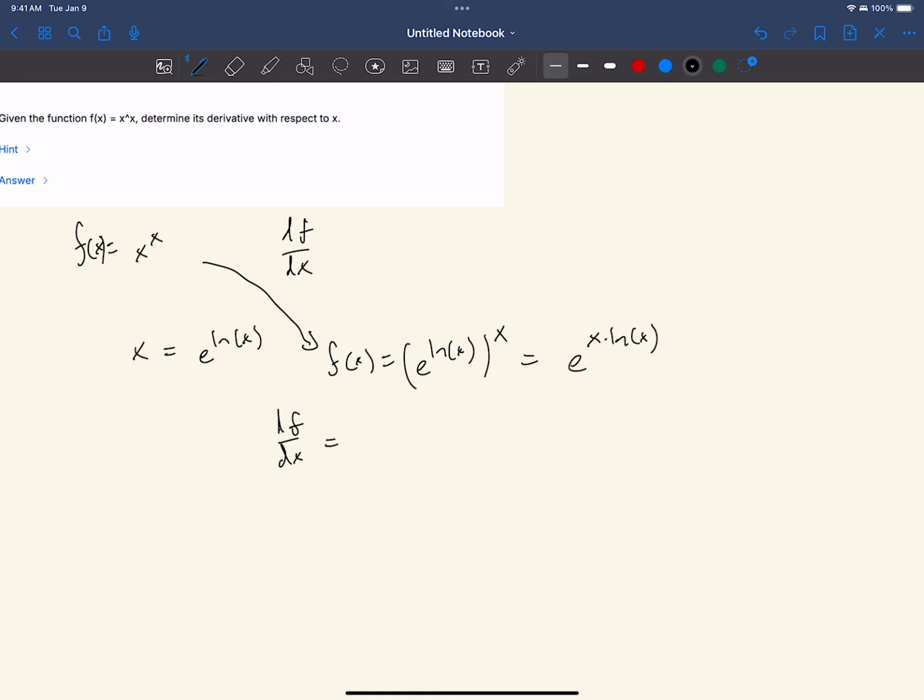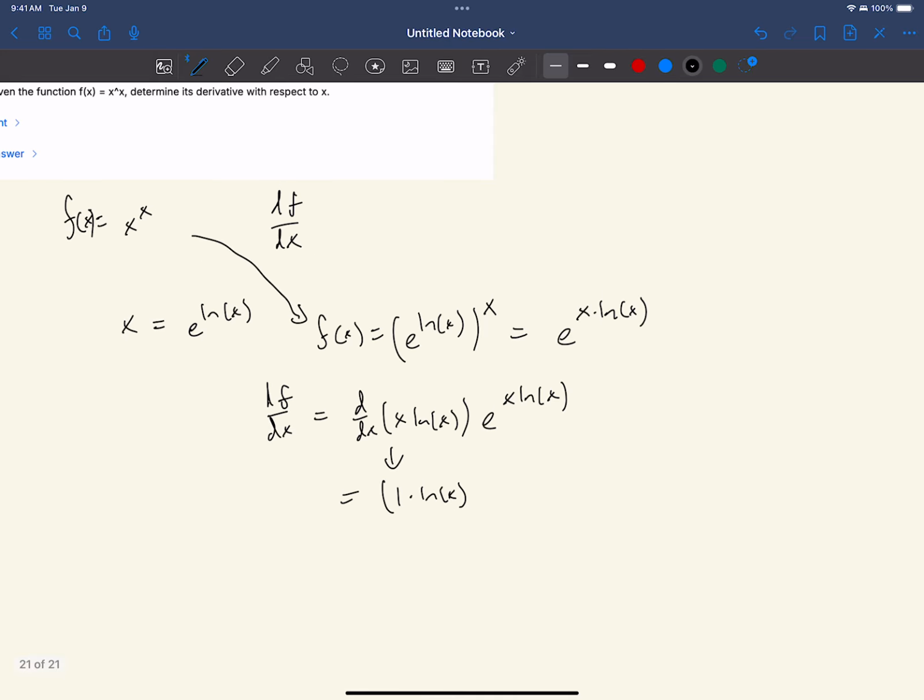So the derivative of this is just d dx of x natural log of x times e to the x natural log of x, right? And the derivative of the inside, we just use the multiplication rule. So this is just equal to 1 times the natural log of x, right? Because the derivative of x with respect to x is 1. And then we add x times the derivative of the natural log of x, which is 1 over x. And so we multiply this on the outside,